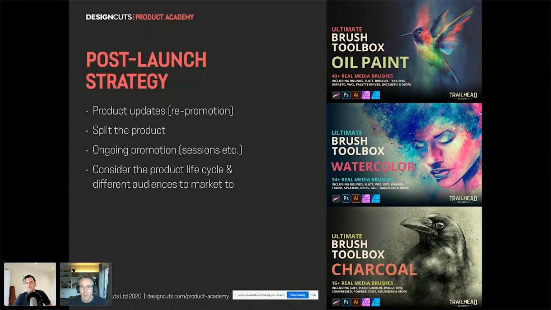All of these products, right from the get-go, where we're thinking in that way, which meant that when we put the previews together, you don't have to redo the previews, if that makes sense, because you section up the previews and you just have to make maybe a few more little mock-ups to go in with it in a new cover, and then you can split the product up. Nice. So consider the product life cycle and the different audiences to market to.